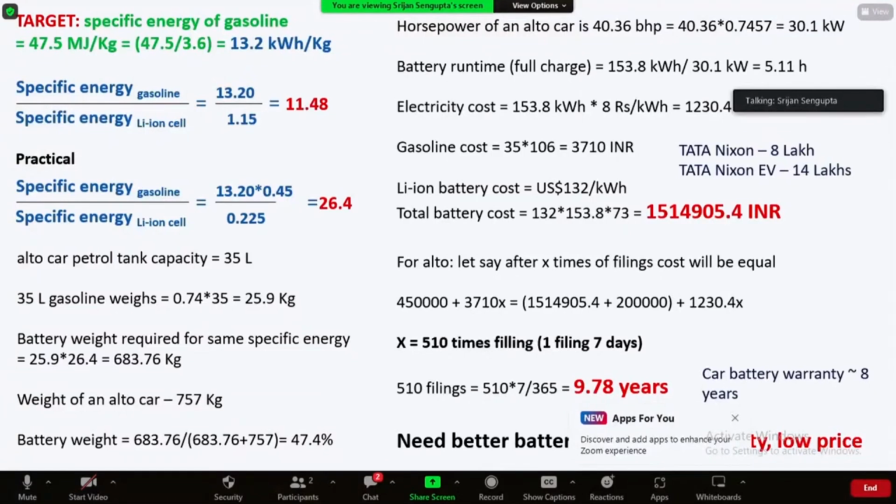And if you take a practical example, suppose an Alto car has a 35 liter tank. So the gasoline weighs 25.9 kg. If you want to replace this gasoline with battery, you need 25.9 multiplied by 26.4 kgs of battery, which is almost 683 kgs of battery, which itself is 40% of the weight of the car itself. And your total battery energy